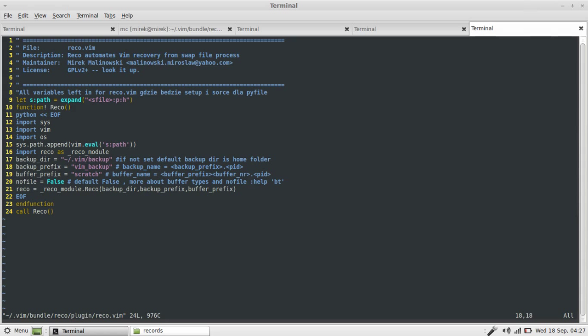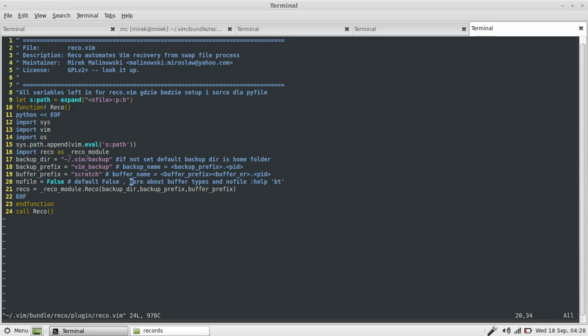You can set a prefix for your backup session, so mine is vim backup, and as you could see it's the backup prefix.pid, the whole name. Then you got the buffer prefix, again the whole name would be buffer prefix, buffer number, .pid, and the last one is nofile, which means